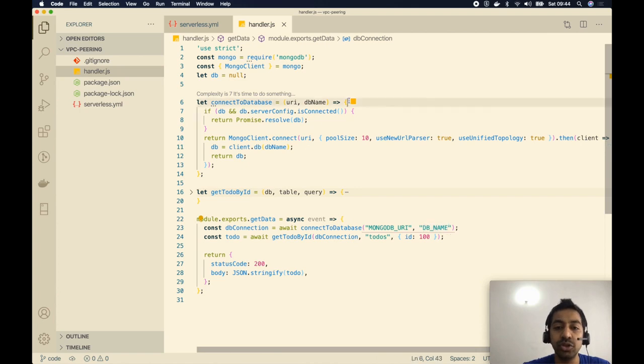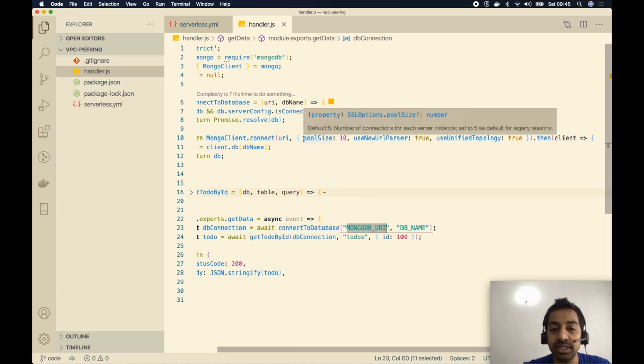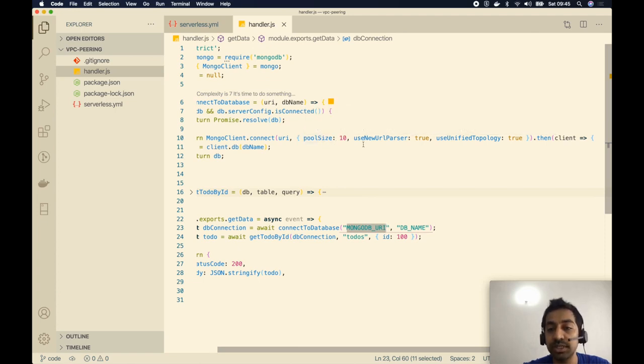So this function is going to do two things. First, it checks whether this database connection is already cached. Now this variable is outside the handler function, so that means we can cache our database connection. If our database connection is cached, we are going to return the cached database connection. If not, we are going to call MongoClient and call the method called connect, passing the MongoDB URI passed from here, and we will set some configuration such as the pool size and some other configuration, and then we'll get the DB client here.